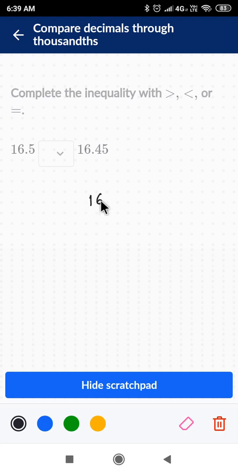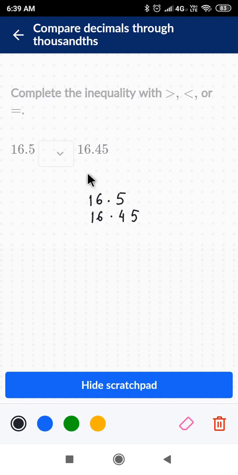16.5 and 16.45. Let me bring out an important aspect. We never say sixteen point forty-five. We say sixteen point four five. Why? Because if we were to say sixteen point forty-five and this we will call sixteen point five, then one would tend to think that 45 is bigger than 5. But as you will see in this sum, that is not the case.